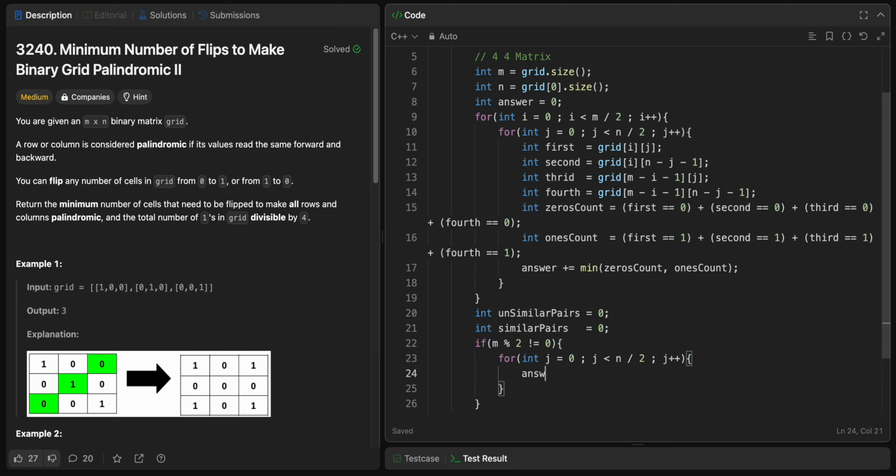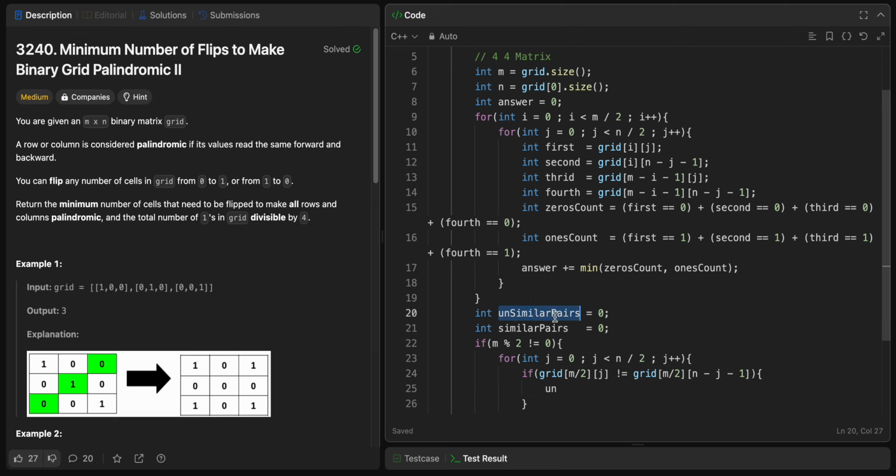I'll increment, I'll check if my grid of m by 2th row, jth element is not equal to grid of m by 2th row, and column here would be the jth column, so it would be n minus j minus 1. If that's not equal, then